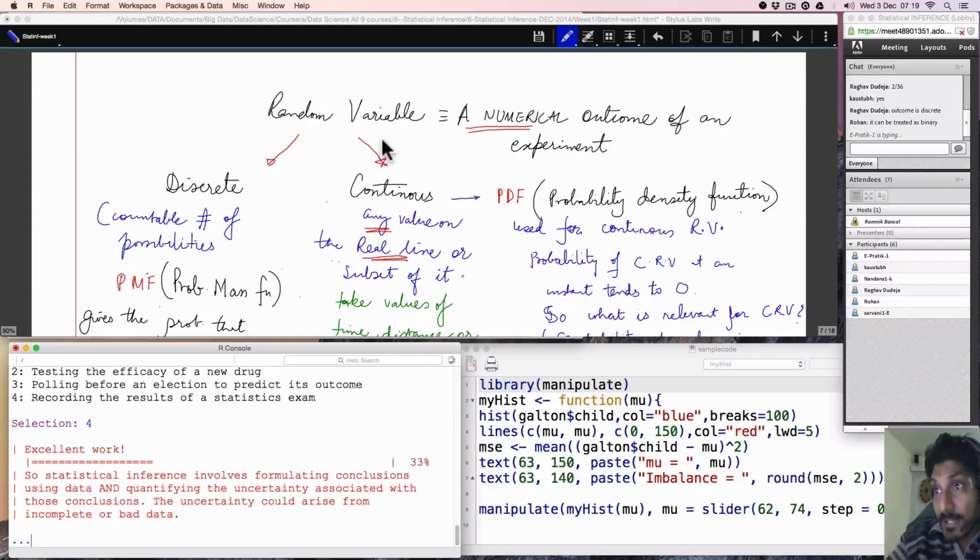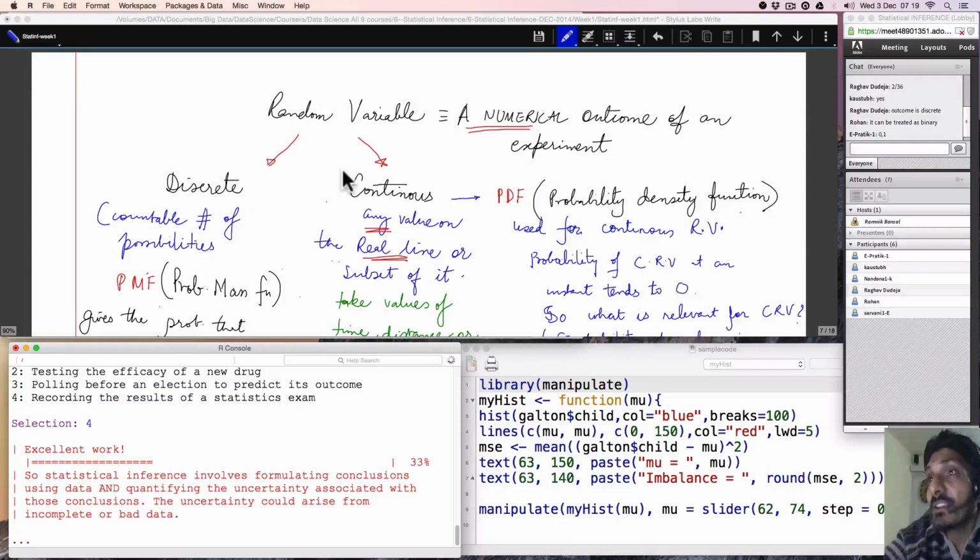But understand this, that I am assigning it. So I could have assigned 0 and 1, or I could have assigned 1 and 0, I could have assigned 1 and 10, or anything. That's my assignment. Is this clear? Right? So now the next thing that I'm saying is, my random variables are of two types.